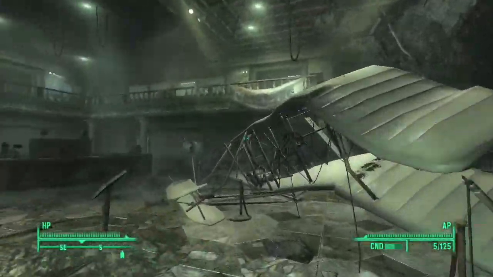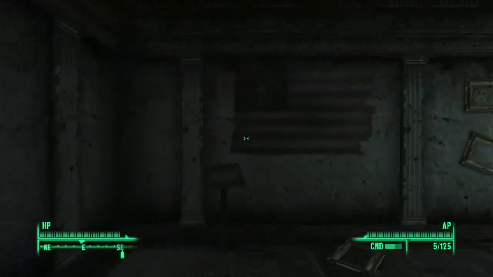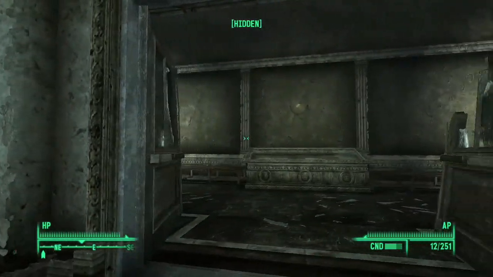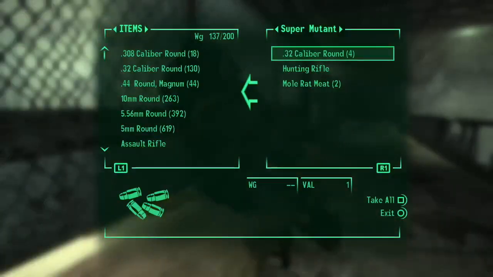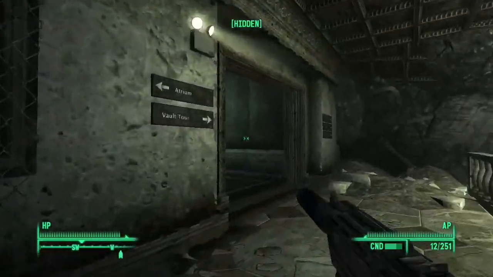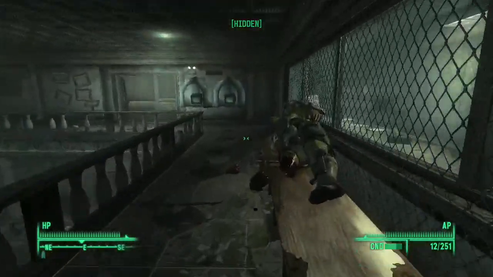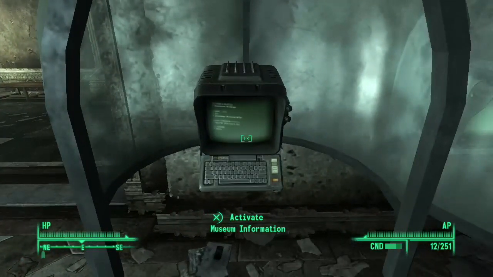Nothing. Okay, so we have to go to the relay dish, but we have to go throughout the whole part of this little area. So I want to try and switch between my silenced pistol and my hunting rifle. I don't think there's too many bad guys at any point. Maybe more than 2, but just to be on the safe side, make sure there's